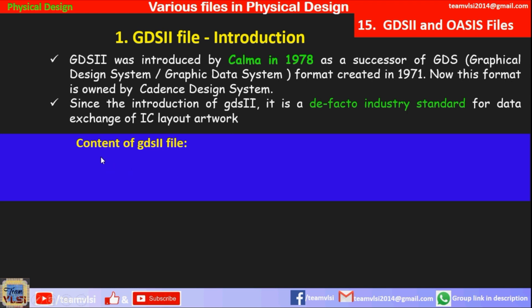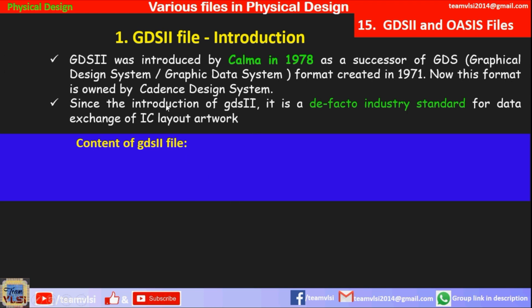So let's see the content of the GDS2 file. Here we are not going to discuss in great detail what the GDS2 file contains, what the formats are, and what the various sections are, as we do for other files, because I don't think we should go that deep inside these two files.